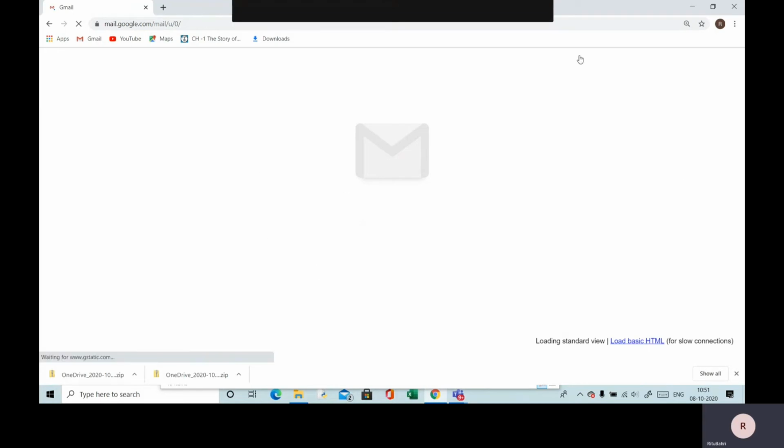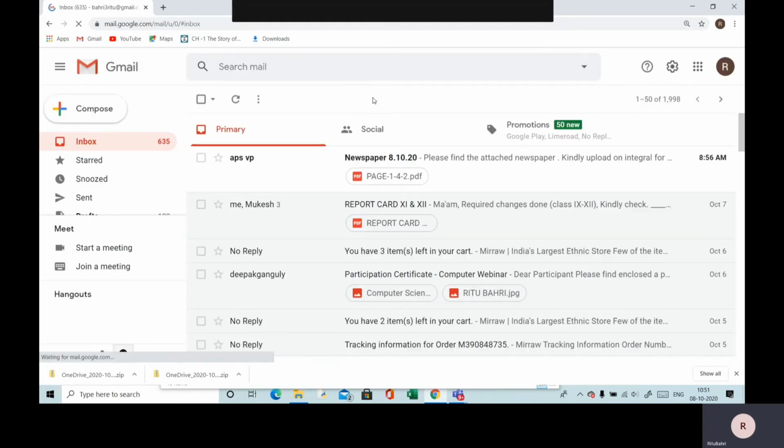So while the Gmail is opening, we know that the folder is already in the download section. So here is our Gmail account or any other email account that you might be using. Click on compose